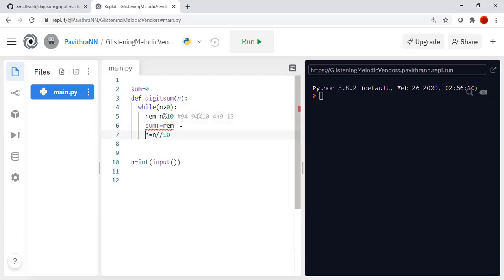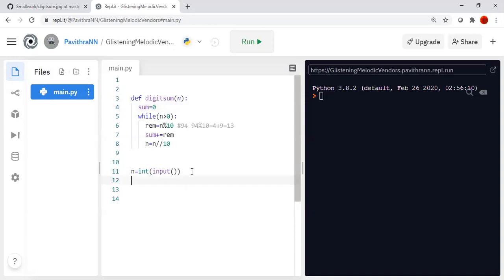This is the digit sum process. After that, we have to call this function again and again until we get a single digit.